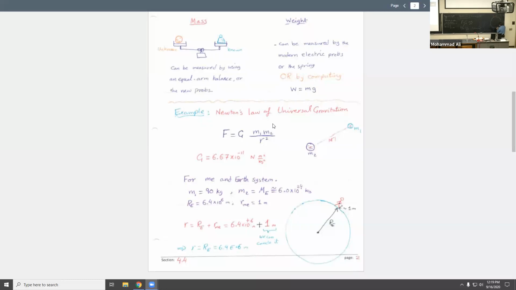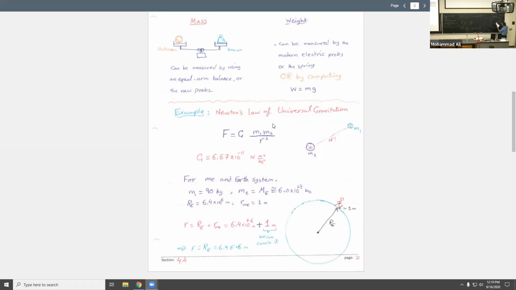The Earth radius from the center is big R, RE. My center of mass is approximately at this point, me and everyone. Its altitude from the Earth's surface is approximately 1 meter. The Earth radius is equal to,